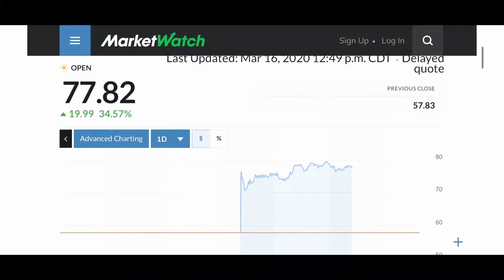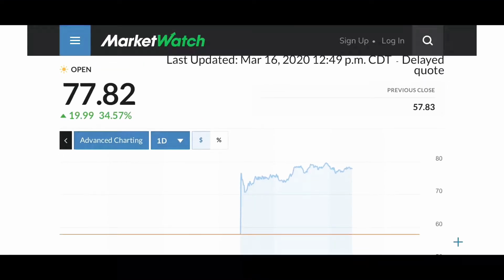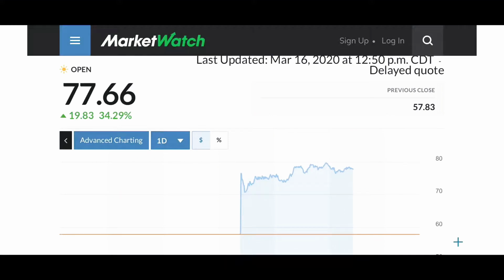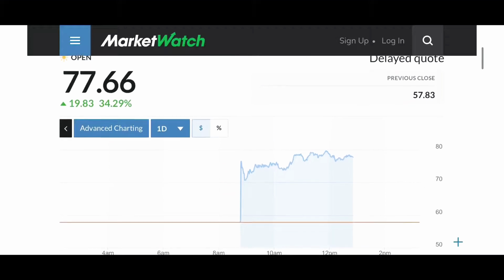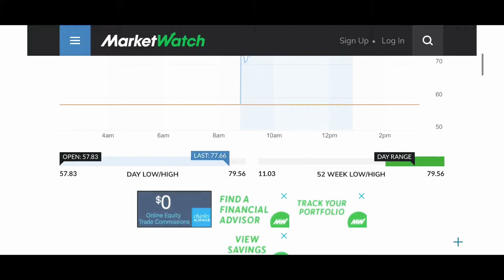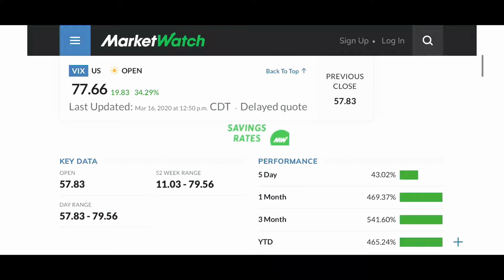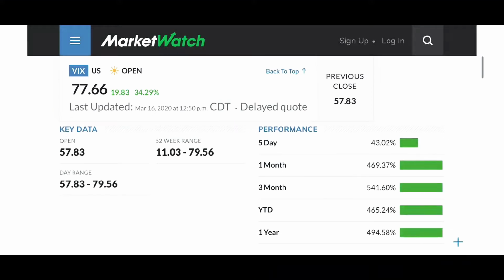If the market's down 7-10% today, or whatever it's gonna be at the end of the day, the VIX is actually up 34%. So whoever's using this as a hedge, like a VIX option going long, you're like, okay, I'm gonna have this as my hedge. I'm just saying I'm not doing this, but if somebody wanted to do this, you can actually use this as a hedge to make some money. This is what I've seen people do. Many people use it different ways. So that is something that you could actually do with the VIX as a hedge, or you can just straight up use it as just a fear gauge like most people.